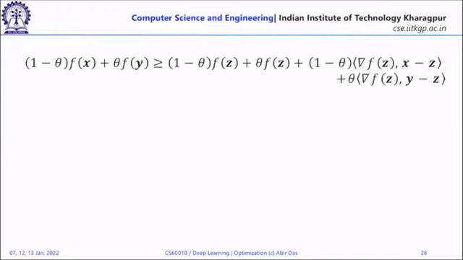So you want to prove that this is greater than. Just to remind you, this is what we generally keep on the right hand side in the definition. But just so that you don't get confused, I'm telling it explicitly that this is the one which needs to be greater than your f of 1 minus